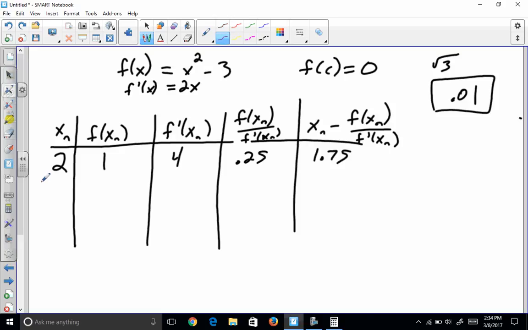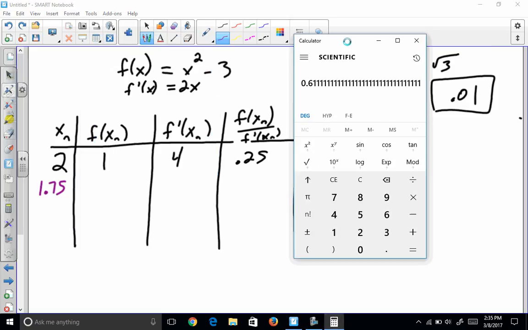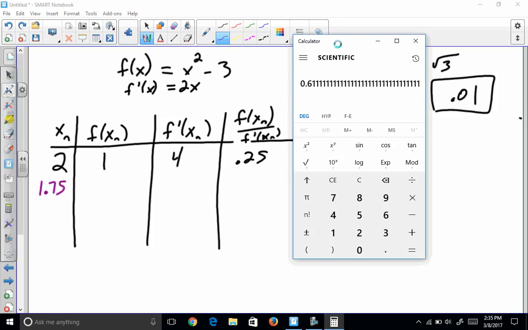So that's what our algorithm approximates to be the 0 of our function. So we made an initial guess of 2. We ran it through and our algorithm said, well, that's pretty close, but 1.75 is better. So then we're going to take 1.75 and see what our algorithm gives us, because it'll probably be